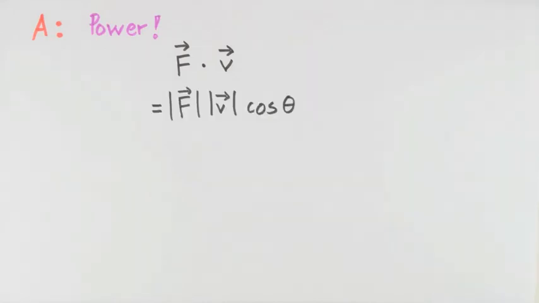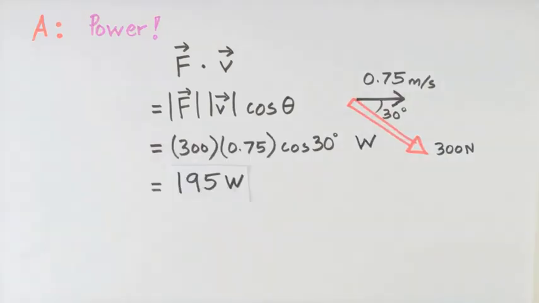The rate of energy transfer is just the power, which is the scalar product of the force with the velocity, which is the magnitude of the force times the magnitude of the velocity times the cosine of the angle between the two vectors. Working this out, we find the correct answer,